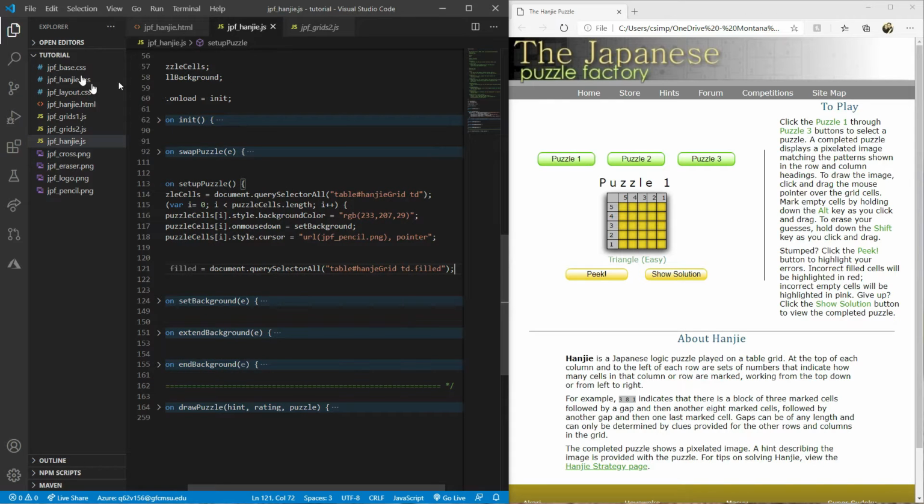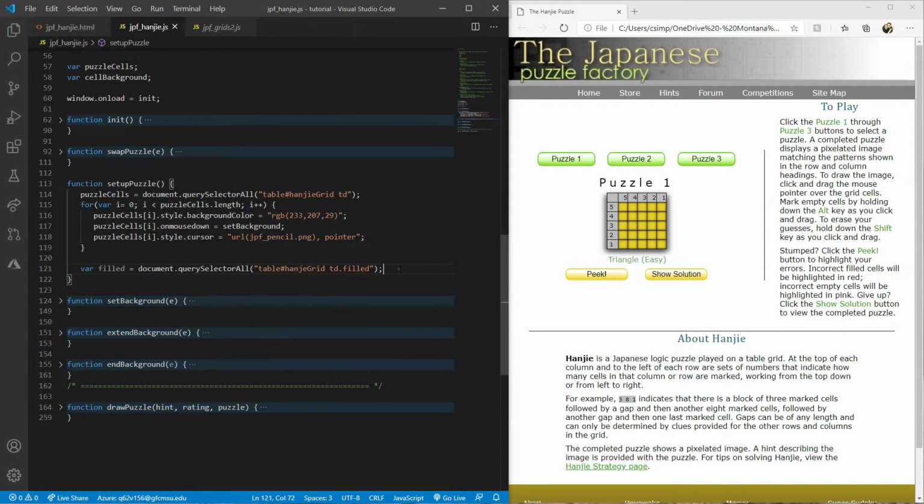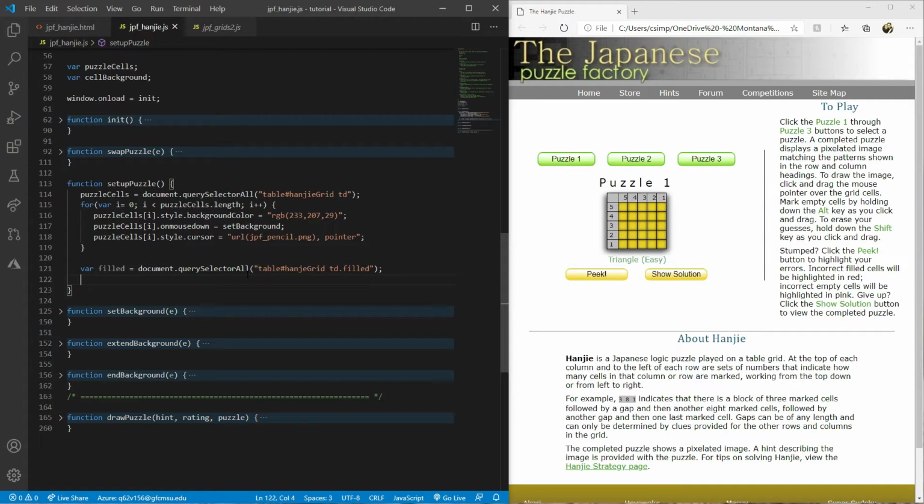Let me make sure that you can see that. Close that up so you can see it a little better. Okay, so just like a selector for a CSS query selector, table, hashtag, Hanji grid, so specifically the one named Hanji grid, and then the TDs that are filled. I'm also going to create